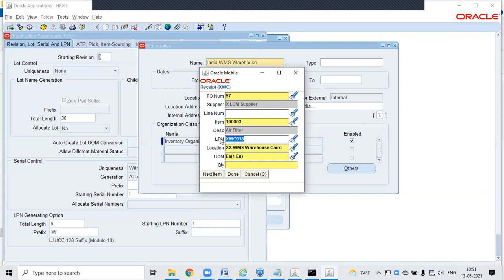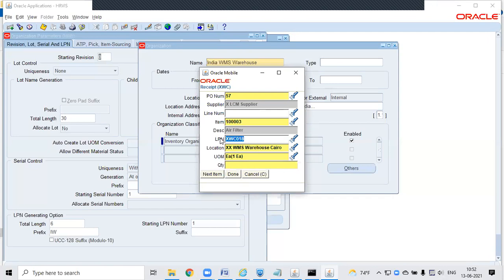You mean to say? We'll cover the LPN context in one session, and then I'll explain what the statuses are and which can be reused. If it is defined and not used, then only you can reuse it. If it is in a different status, you cannot scan it or use it. Okay, so it will give an error that it cannot be used.